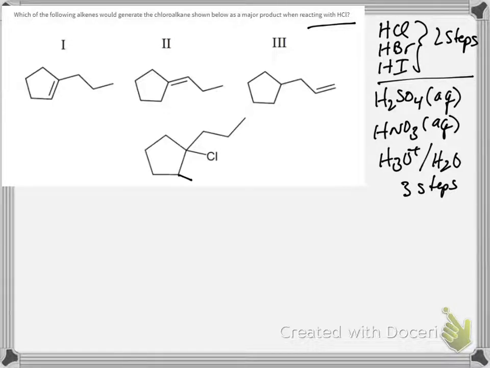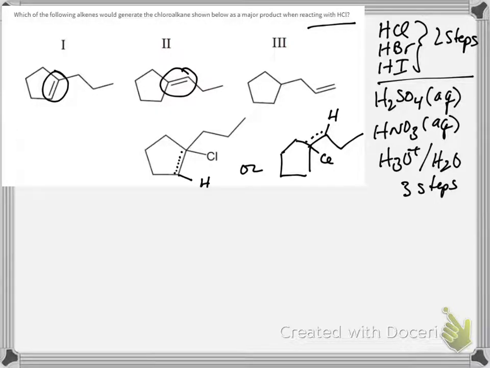the double bond. Okay, so what we're looking at is that if we have a chlorine present at the site given, there's probably an H that we could put to the left of it, or we can imagine there was an H to the right of it. And in that case, we could put a dash here, like the double bond might be present there, or it might be present here. And when we look at the reactants, there are 2 substances that have double bonds there that would have this product given as a major